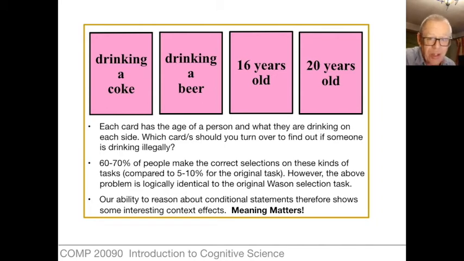If someone's 16-year-old, you better check what they're drinking. If someone's 20 years old, who cares what they're drinking? I don't think any of you will get anything wrong on this. It says here 60 to 70% of people make the correct selections when you get this kind of semantic information, compared to 5 to 10%. I suspect if we set this up right, it will be closer to 100% of you would get